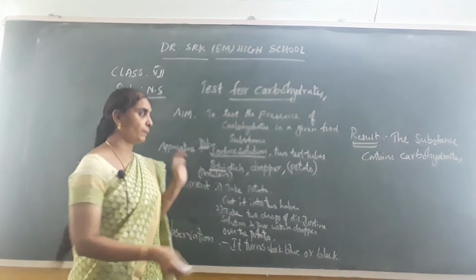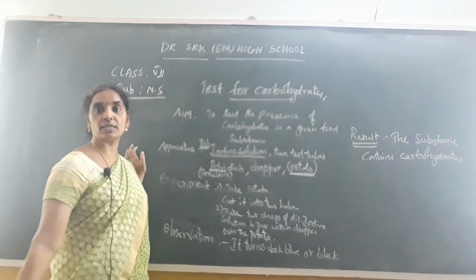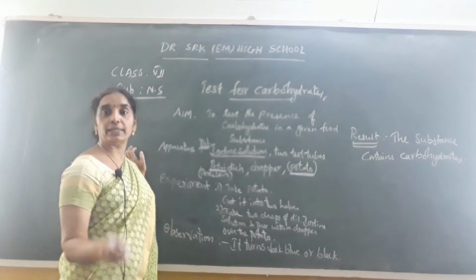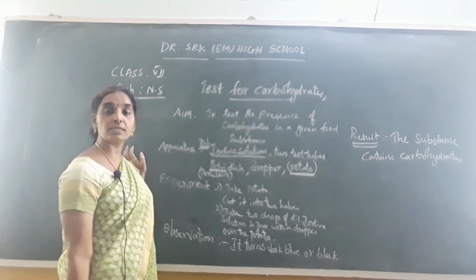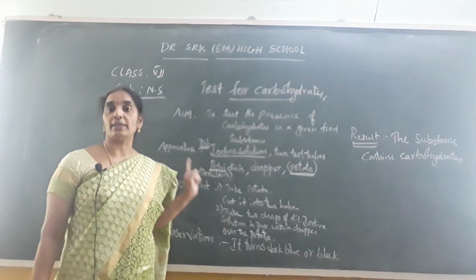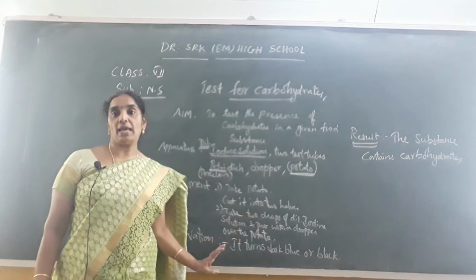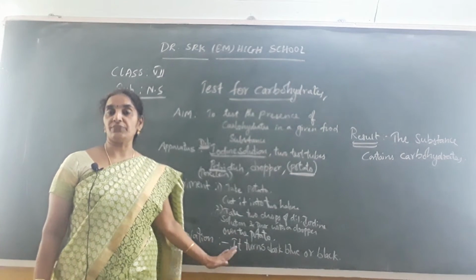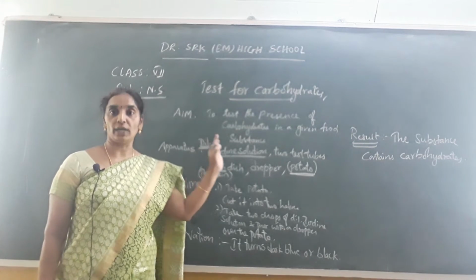Okay, so here the potato is the sample, the food substance that is given to you, and it is asked to find whether it contains carbohydrates or not. How can you say that the potato contains carbohydrates? Because on addition of dilute iodine solution, it turned dark blue or black. So you can say that it is a confirmation test for the presence of carbohydrates.